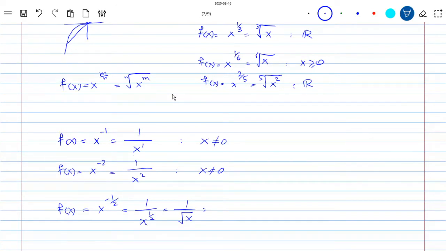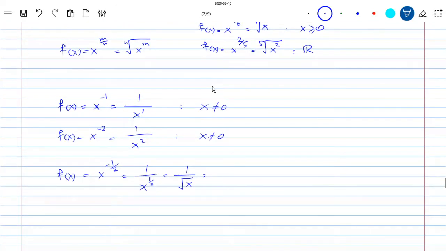That means now if I want to talk about the domain, these are the domain. If I want to talk about the domain, it means you cannot have 0 because it makes the denominator 0. Neither can you have a negative number, because underneath the square root it would be impossible to have a negative number unless you deal with complex values. So here I will say the domain is everything greater than or equal to 0, but